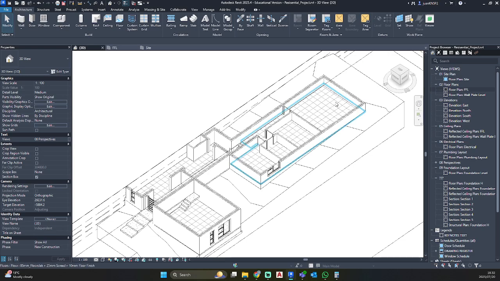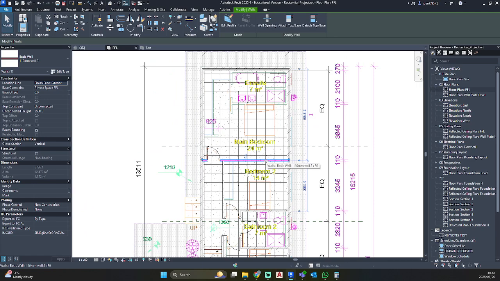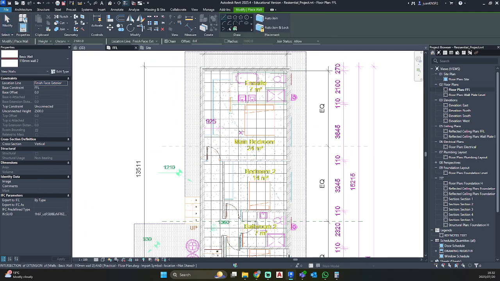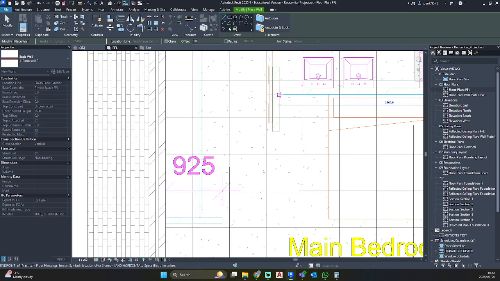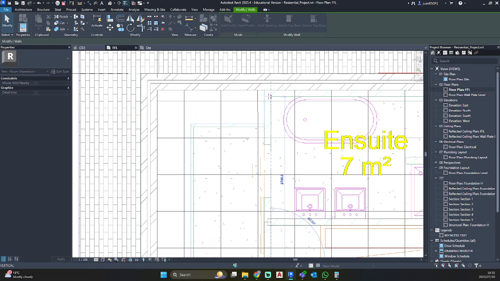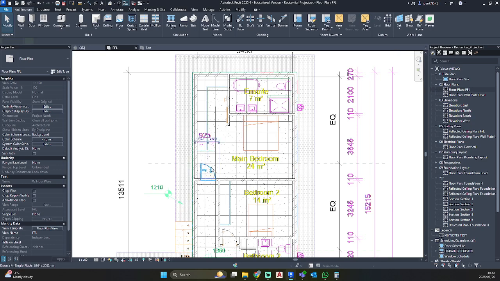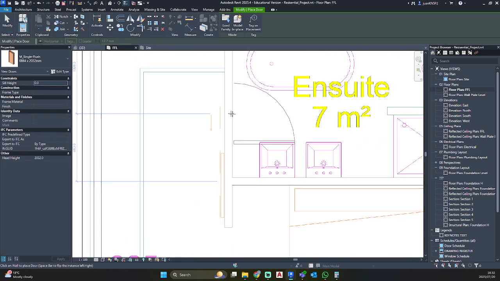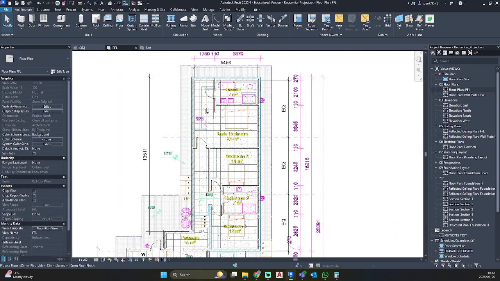So now we need to draw in our bathroom. I'm going to go back to my finished floor plan, select one of my walls, hit CS for create similar. I'm going to change my base constraint to private space, and then I'm going to draw in my walls. There we have our bathroom. So I'm just going to do the same, enter a door for reference.